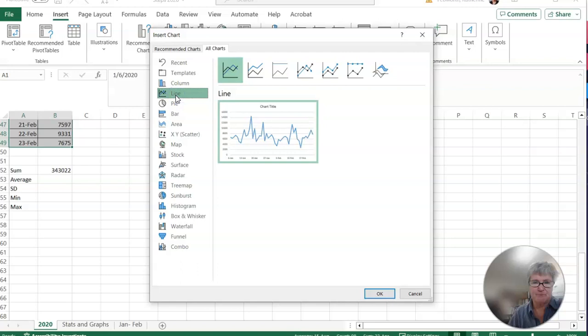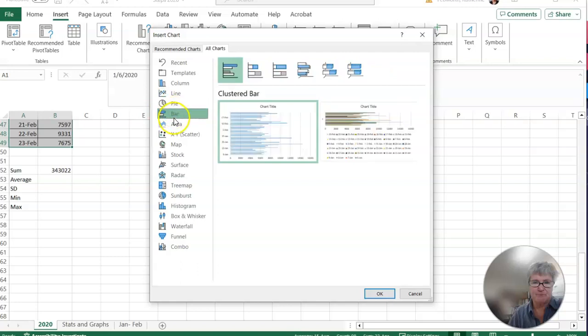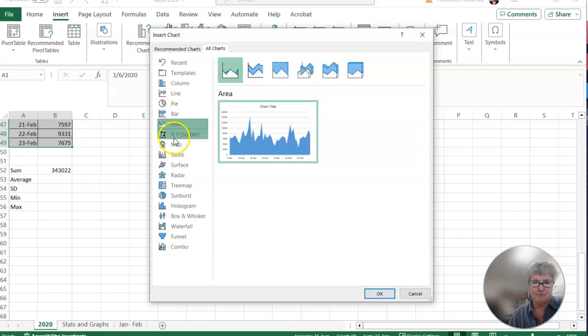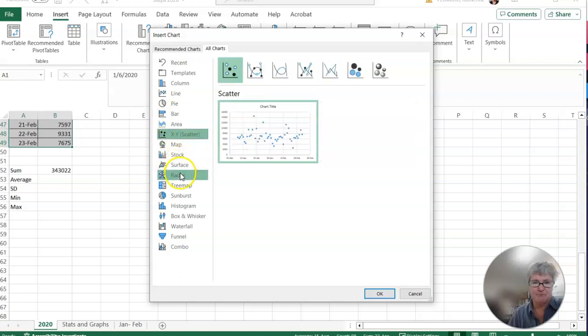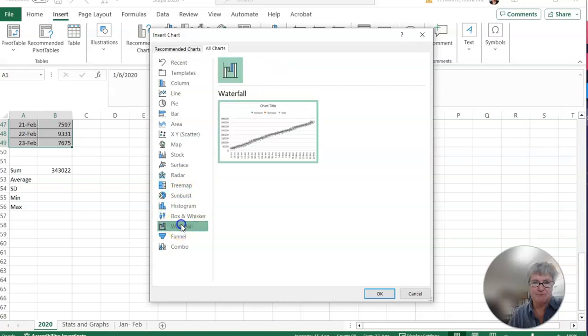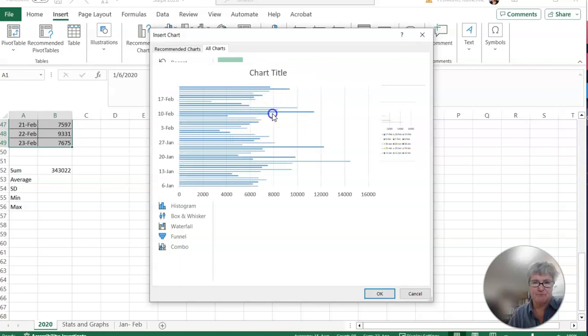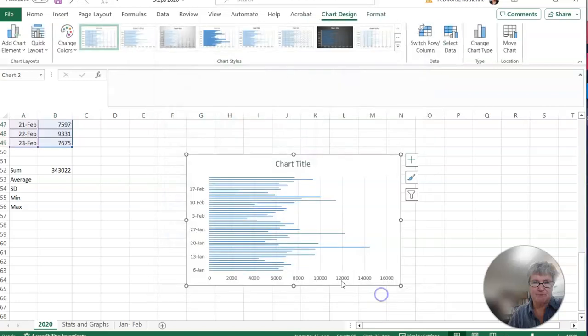And I think you need to do 5. You will need to go look in the directions, but I can do different line charts, pie charts, bar, area, a scatter, and it goes on. So go and figure out 5 different ones that you may want to do. And I'm just going to go up here to the bar chart. And so that's the one that I'm going to click. Yes, we're going to do that.